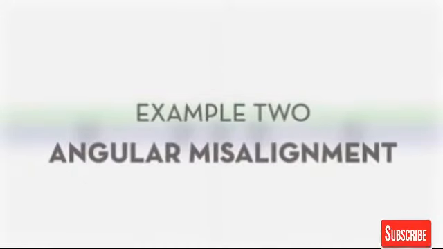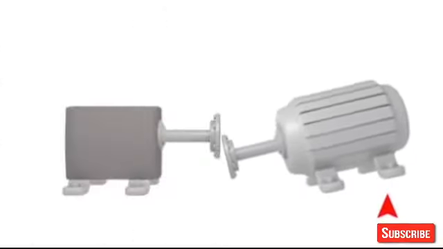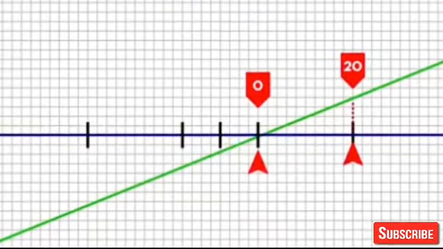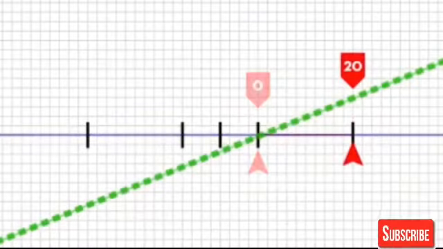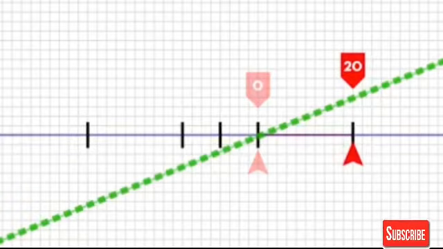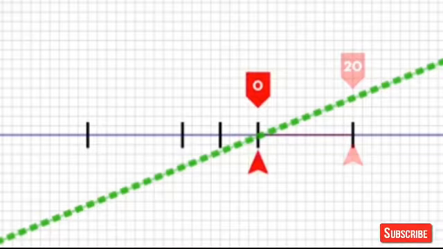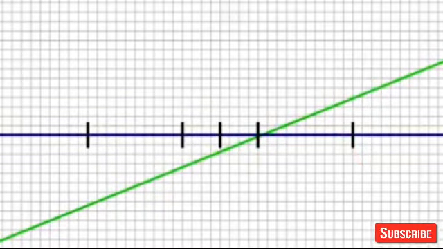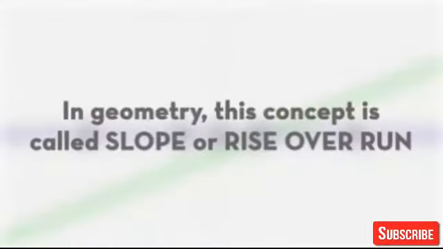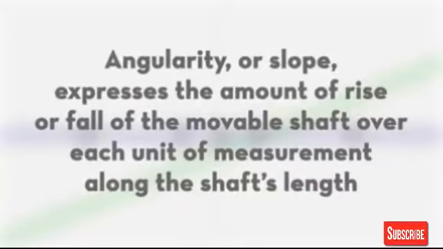In our next example, we'll induce both offset and angular misalignment by raising only the back feet by 20 thou, while leaving the front feet where they are. Now, the movable shaft center line is sitting 20 thou high at the back feet, while still sitting at 0 thou of offset at the front feet. So, what is our angularity? In geometry, this concept is called slope, or rise over run. Angularity or slope